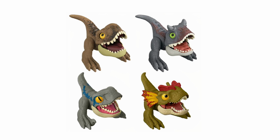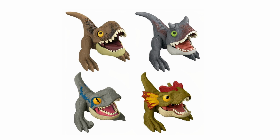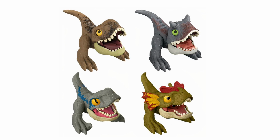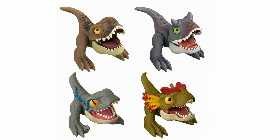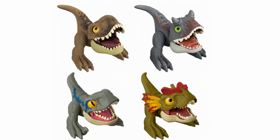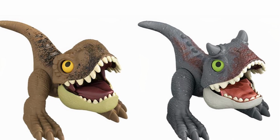This is part of the Uncaged assortment, and some of those figures in the Uncaged assortment are titled Wild Pop-Ups, which are what these 4 different figurines are. Again, they aren't like Snap Squad in that they're a little bit bigger and they have some action features, so don't be worried that Snap Squad is getting canceled or taken away. It's still here for 2022. There'll be some Dominion Snap Squad figures, but these new Wild Pop-Ups are part of the Uncaged assortment,